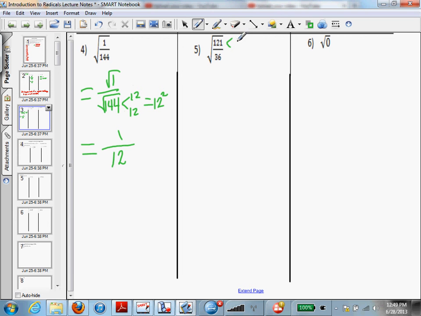Okay, looking at number 5, 121 can be thought of as 11 times 11, or 11 squared. And 36 can be thought of as 6 and 6, or 6 squared. So we can actually pull these out